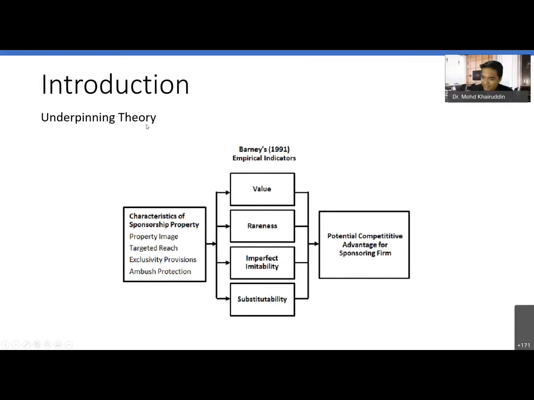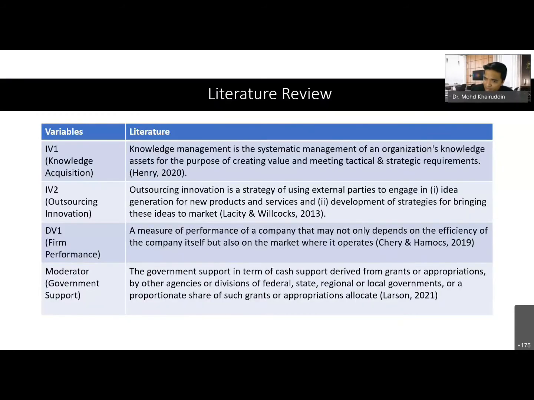So in your research, when you want to do anything about your research, it must be based on theory, not coming from nowhere, not coming from yourself. It must be a reference for you guys. How you want to present this underpinning theory to your audience, you just put the theory over there. The thing is, you have to focus on your variables in your study.